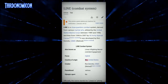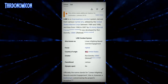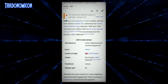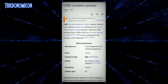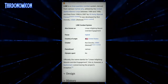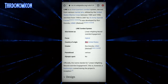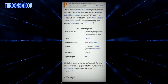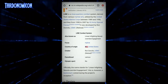So, LINE fighting. My instructor more or less infused this into our system of martial arts. LINE stands for Linear Infighting Neural Override Engagement. What does that mean? Well, when you're in a fight, you have to understand, most Marines, so this was taught to the Marines, are not professional fighters. So when you get all amped up in combat or in a fight, you'll start shaking, getting a rapid heart rate, breathing heavy, sweating, acting differently. What these very simplistic, aggressive, and deadly techniques do is allow for a system of combat that will quickly and easily